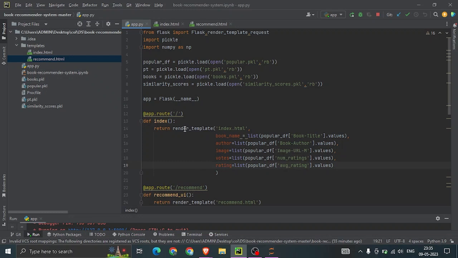So here, using render_template, I'm connecting index.html.